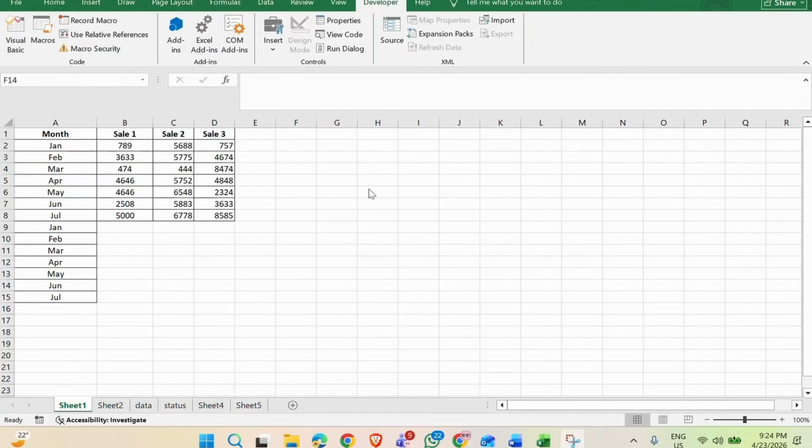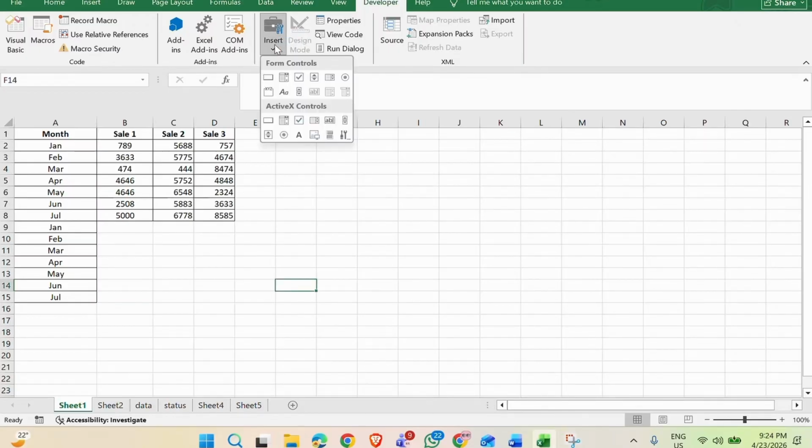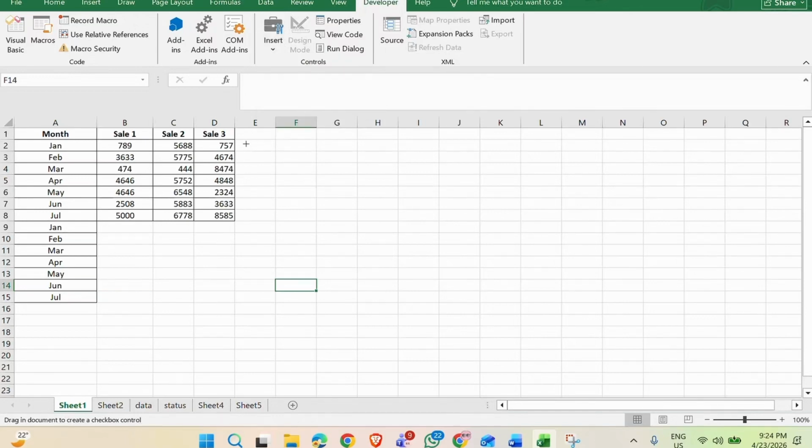Now you'll need to head over to your developers option at the top, and there you can see insert. Tap on it, and you can see form controls and ActiveX controls. ActiveX controls is an advanced control, so let's focus on form controls. There you can see the tick mark. This is the checkbox, so just tap on it, and then you will need to drag it in a cell